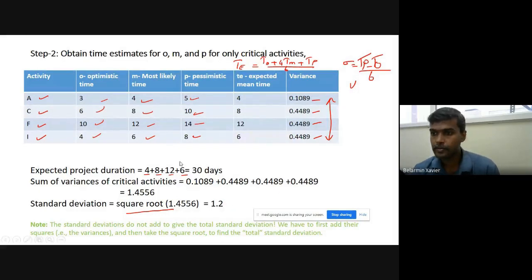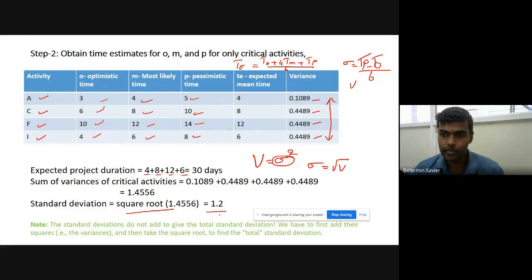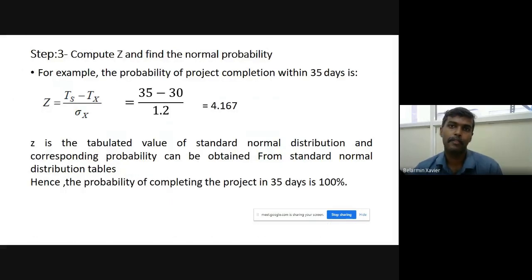Variance is equal to sigma square. We need to find this sigma for the entire work. So finally we have to find sigma, which is equal to the square root of the variance. So the standard deviation obtained is 1.2. So the question is, we need to find the